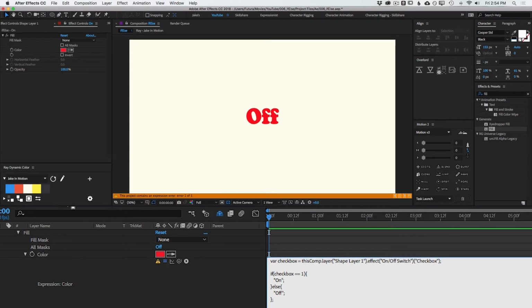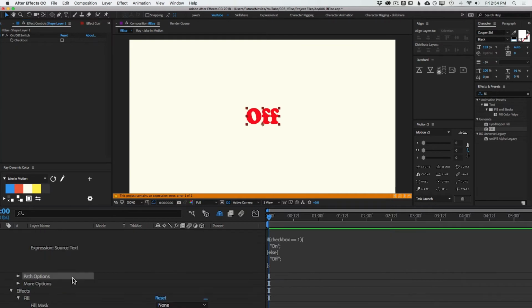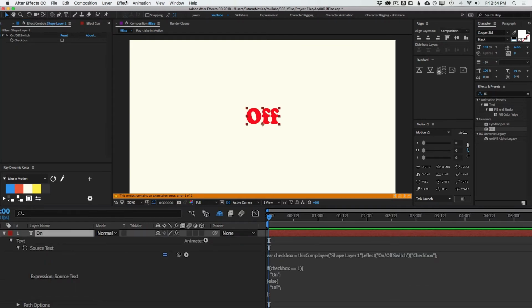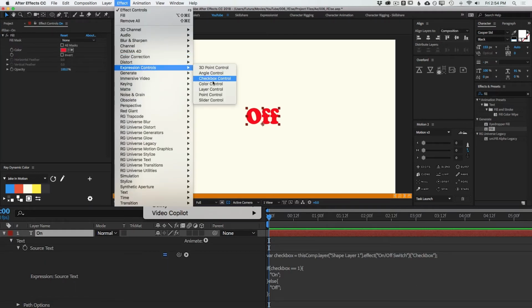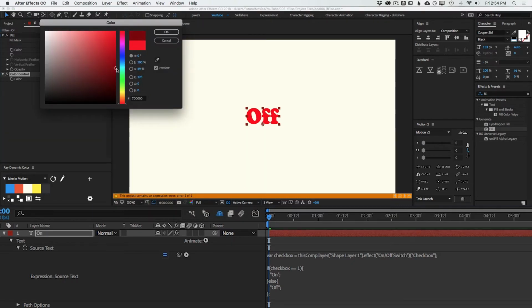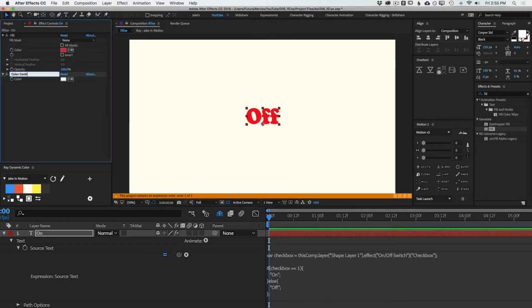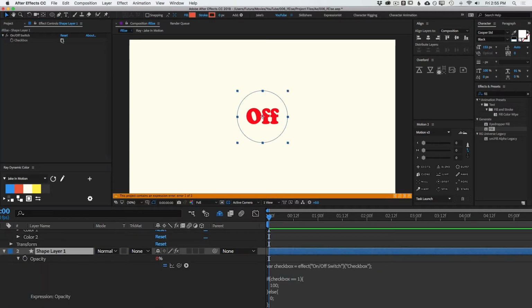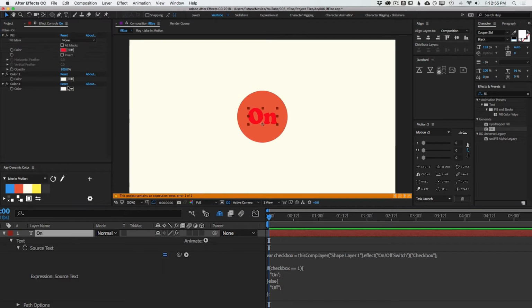Instead, I'm going to add some more expression controls to this layer. So with the layer selected, I'm going to go up to Effect, Expression Controls, Color Control. So I have a color. I can make it whatever I want. I want one of them to be the background color. So I'll call this color 1, and then I'll duplicate it, color 2, and I want that to be the same color as my text. So I'll just sample that color. There we go. Okay, now that I have those two expression controls, I can reference them as variables in the